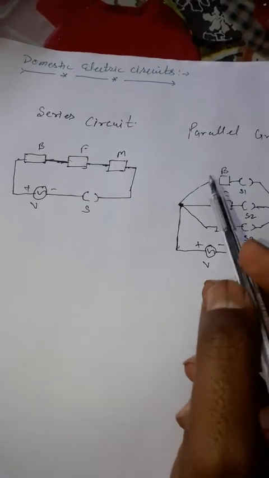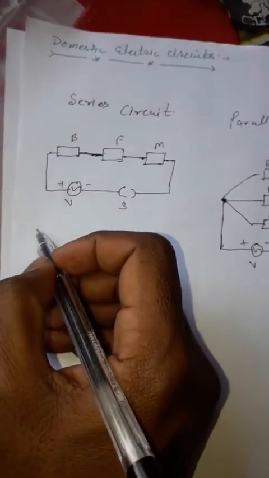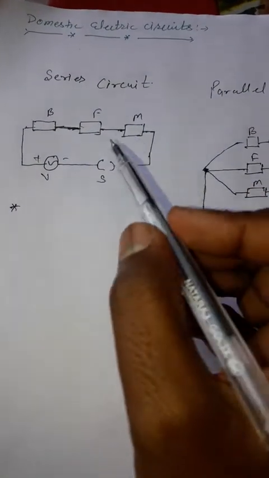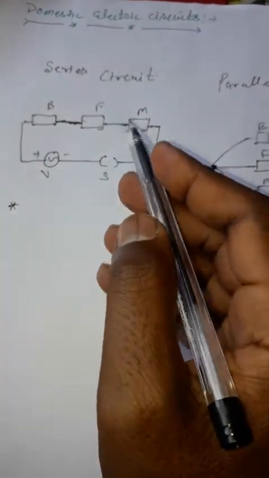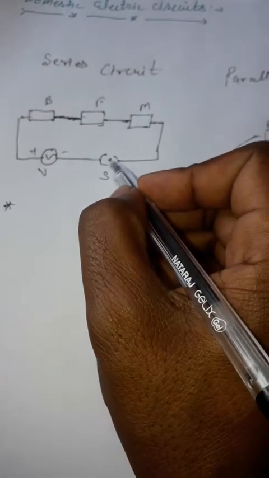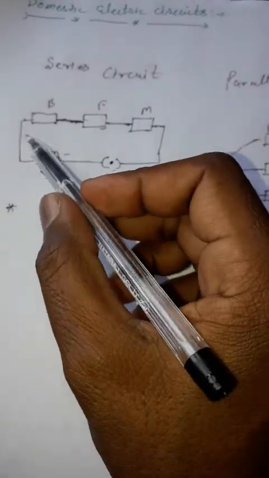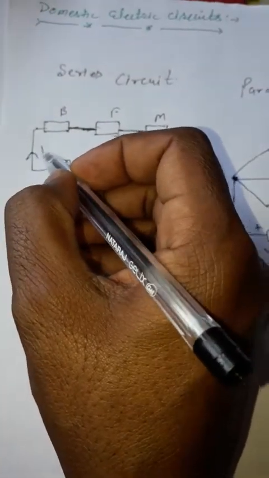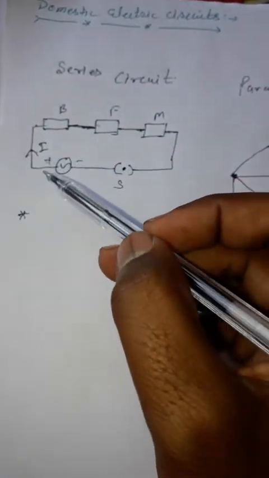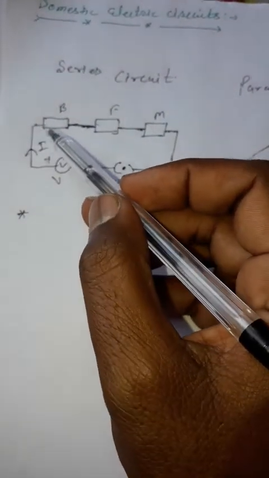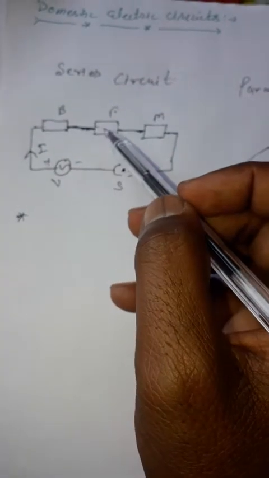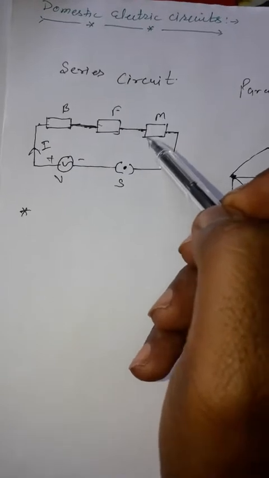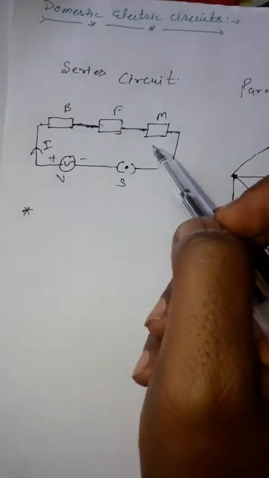Firstly, as we already discussed in the previous topic, in a series circuit, if the switch S is closed, then the circuit is complete through the devices, and a current, say current I, starts flowing through the circuit. The current flows through the bulb, and the same current flows through the fan as well as the motor. So the same current flows through each of the components.